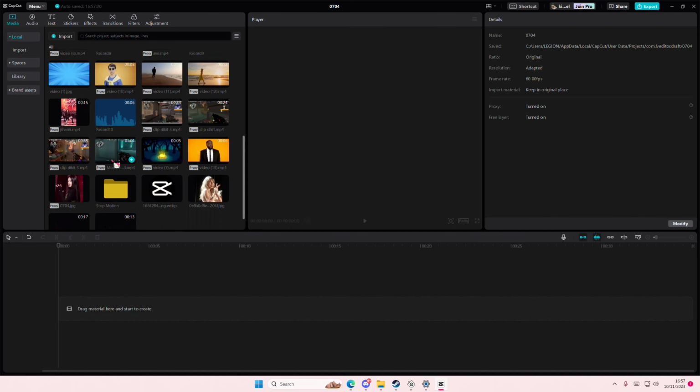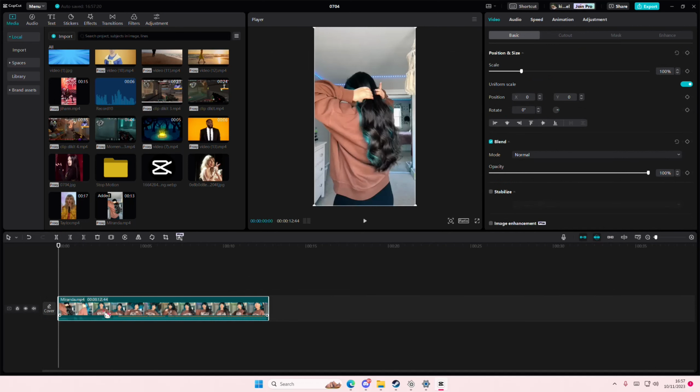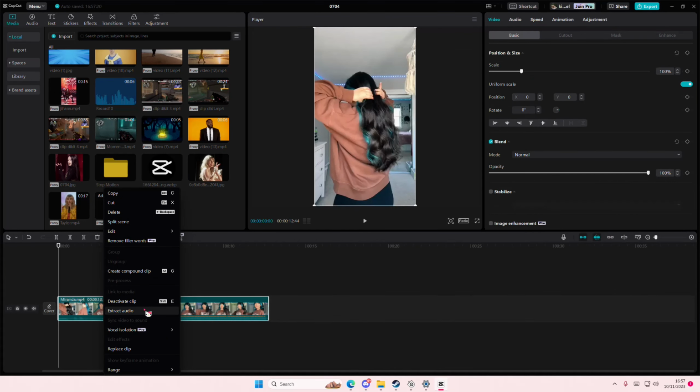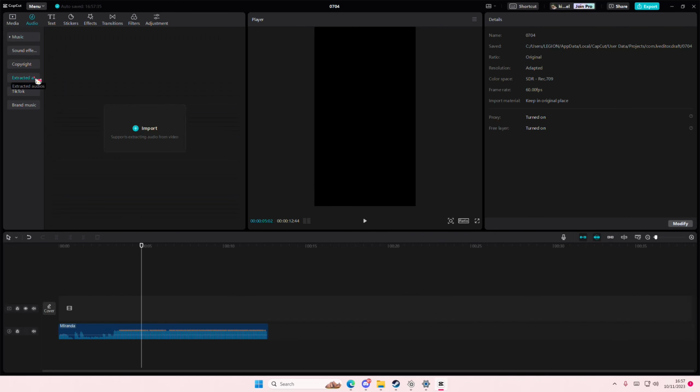In this video, I'll be showing you guys how you can extract audio from a video on CapCut PC. You can just select your video here, right click, and then select the extract audio and delete the video. Or you can also go to audio and select extracted audio and import a video, and it's going to just extract the audio, and you're just going to select it